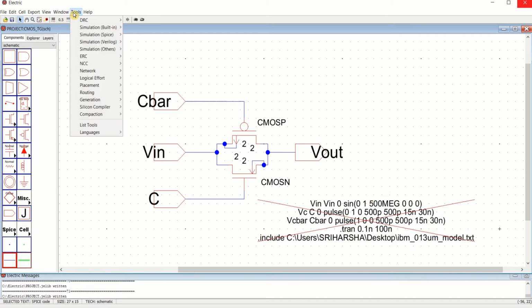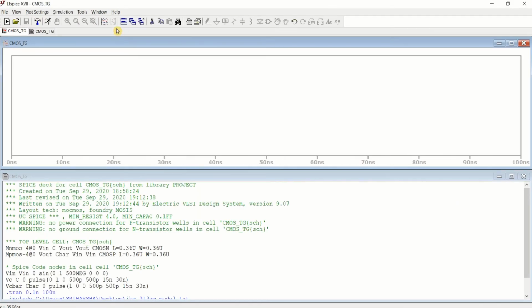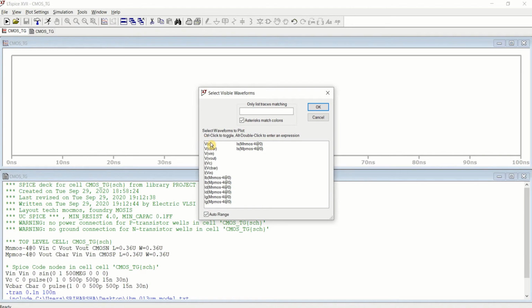Save this, go to the tools, simulation spice, write. Again you need to plot the 4.